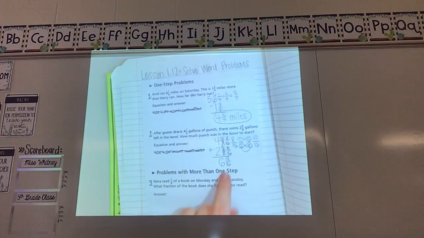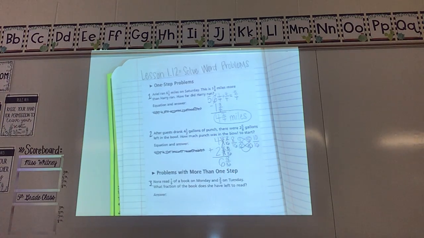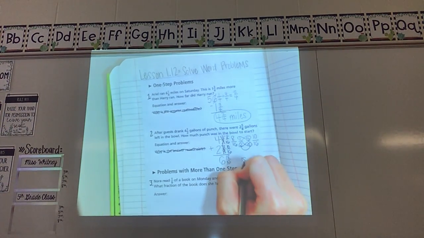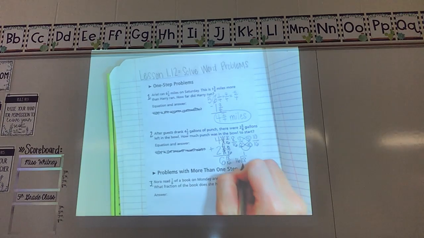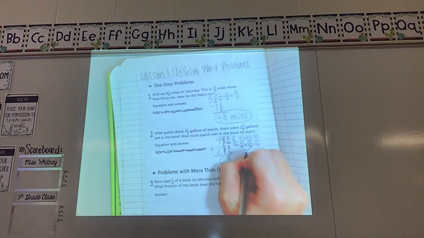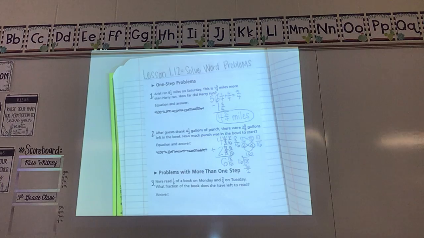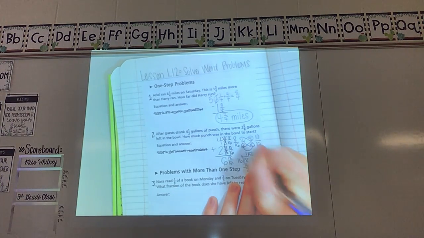Uh-oh, look at that fraction. What's wrong with it? It is improper. We can't leave it like that, so we have to divide. 18 divided by 16. It'll go in there one time. 16 times 1 is 16. Subtract, that gives me a 2. I don't have anything to bring down, so remainder 2. I'm going to take that and turn it into a mixed number. A big 1 and